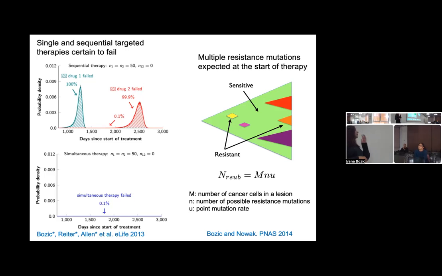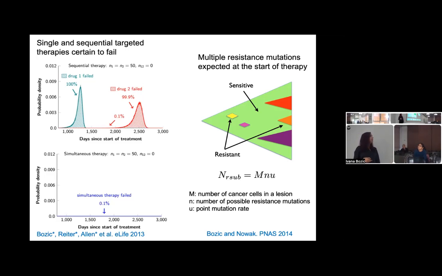So in this first paper, we showed that if you have a single targeted therapy that has any possible resistance mutations, it is likely to fail. It is doomed to fail, basically. And if you want to have any chance of success, you want to combine different targeted therapies that have completely opposite modes of resistance and no cross resistance. So here we have two therapies like that, where if we combine them, we get a cure in almost all cases. But if they were given sequentially, they will fail one by one,